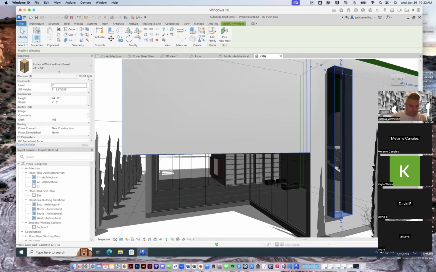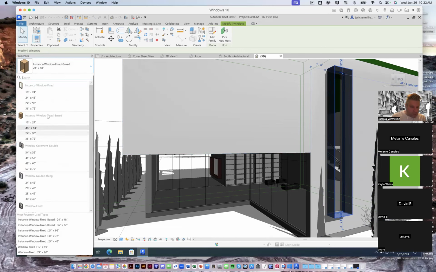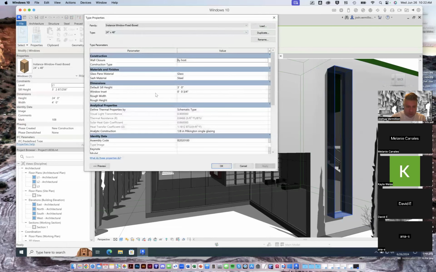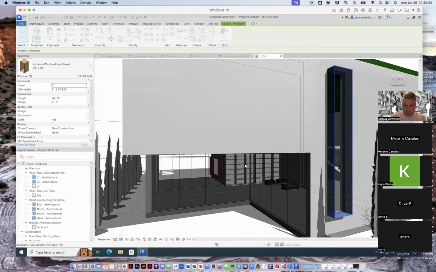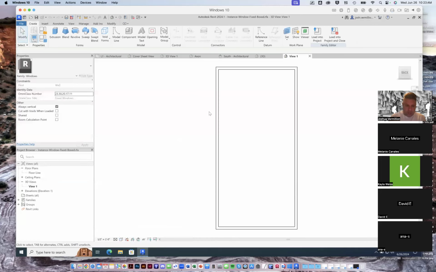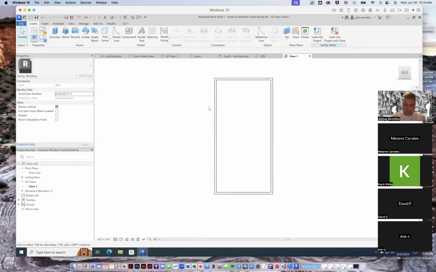So this was instance window fixed box. You can see that I got it from this silly family of just generic window. And then I went in and said edit by type. Right. So here I can start to change some things. And I could also, if I have this selected, say up here on the top, edit its family. So this is where I think I did a lot of the editing to start with. I edited the family and I began to,